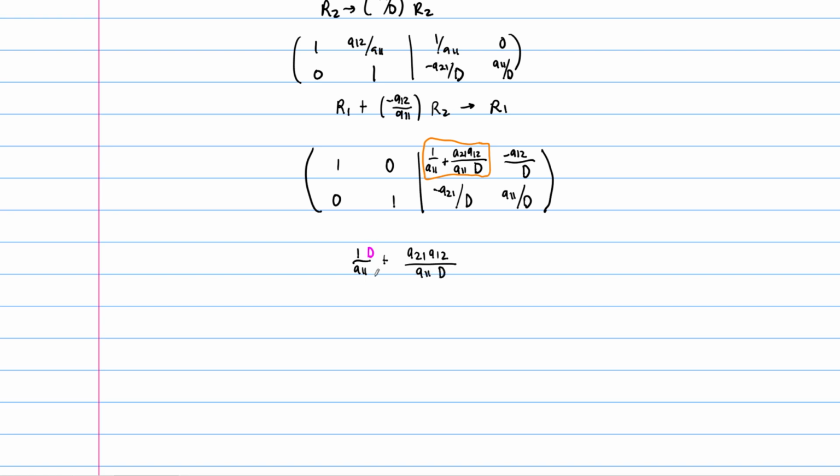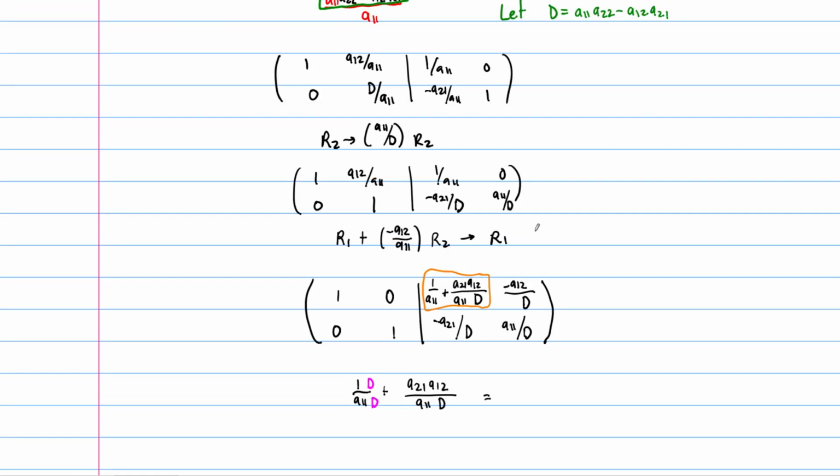This needs a D over D. All right, and so when we add this up, this is D. Remember what D is. It's A11, A22 minus A12, A21. Right, so that's all that D. All over this one. So then we're going to have a plus A21, A12, and this is all over A11